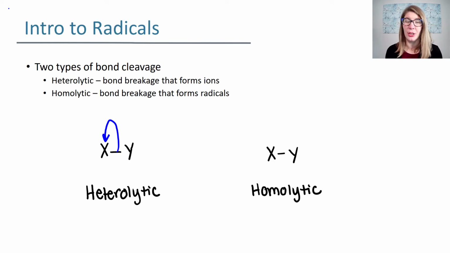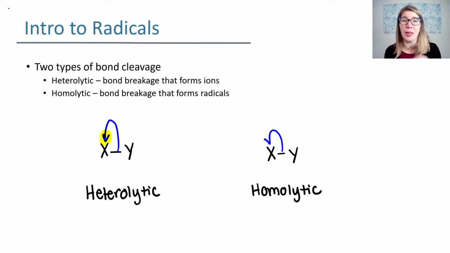Homolytic bond cleavage looks different than this. In homolytic bond cleavage, one electron from the bond is going to go to the X, and the other electron in the bond is going to go to the Y. When we draw this, our arrows are going to change. What I mean by that is instead of a full arrowhead like we saw over here for heterolytic bond cleavage,